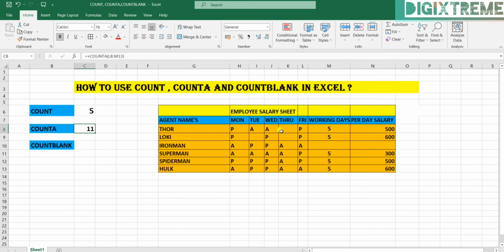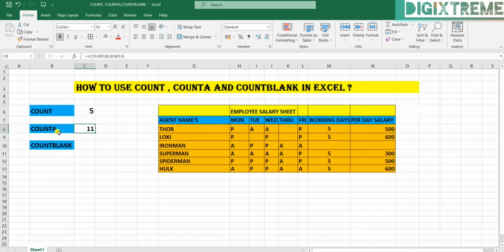Why? Because the COUNTA function has counted both things. You can count 1, 2, 3, 4, 5, 6, 7, 8, 9, 10, 11. So it has counted the numbers, and along with numbers it has counted alphabets as well. So this is the difference between COUNT and COUNTA.